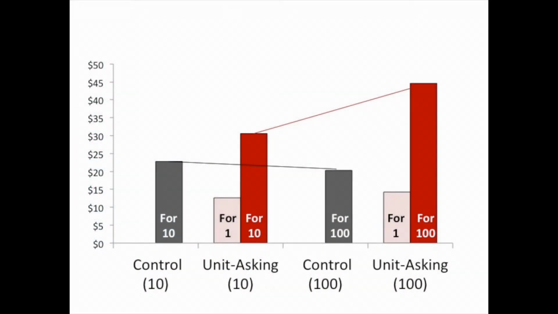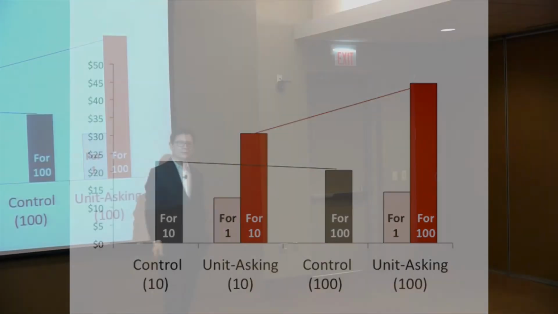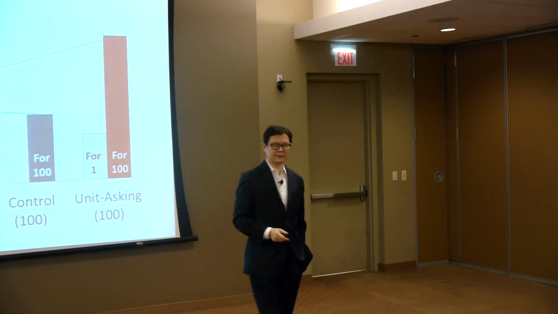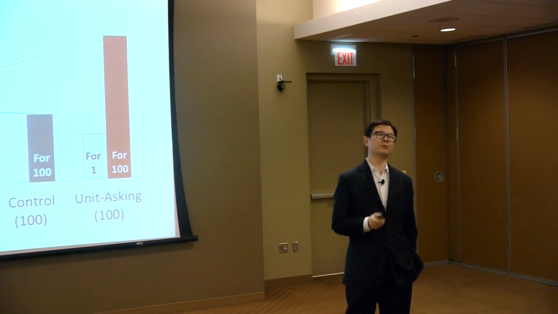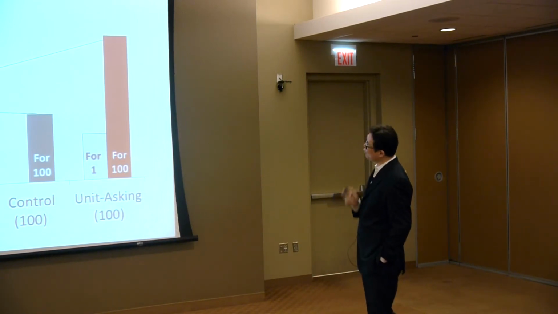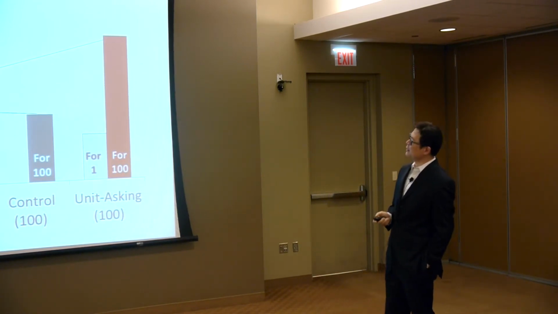Okay, so now, the interaction between the red line and the black line is significant, and this interaction indicates increased scope sensitivity. Okay, now why is that? The reason is,